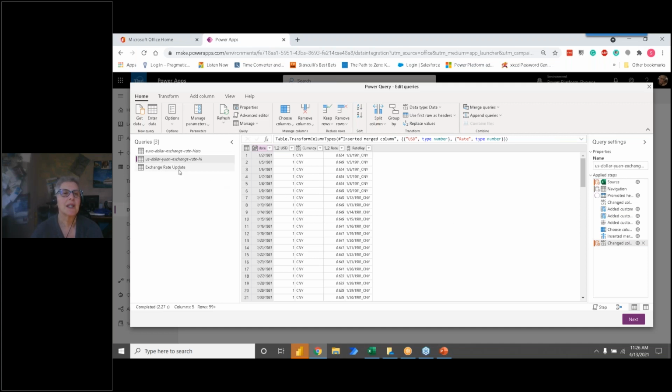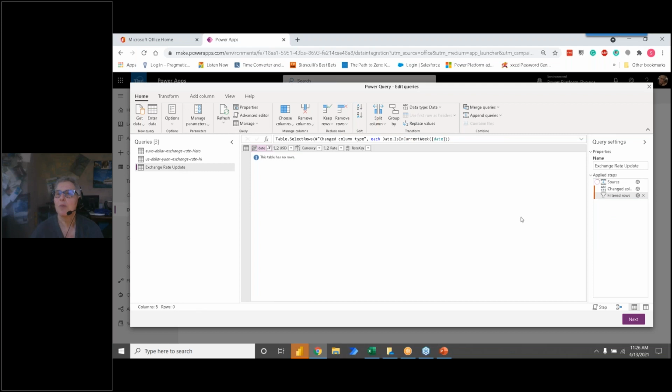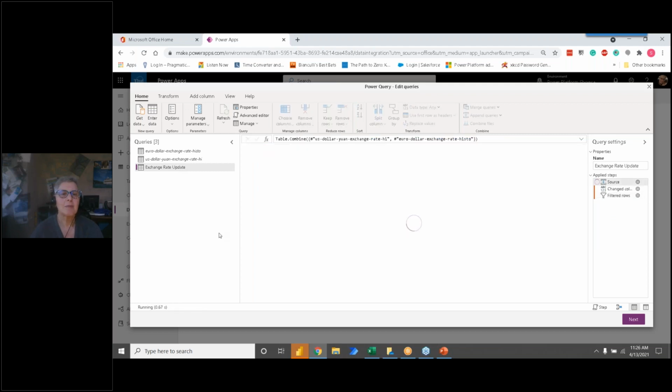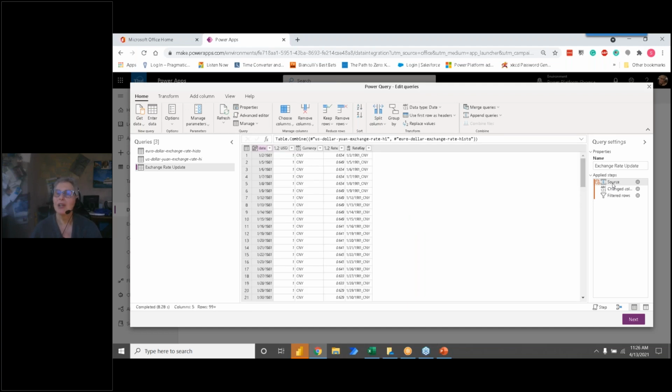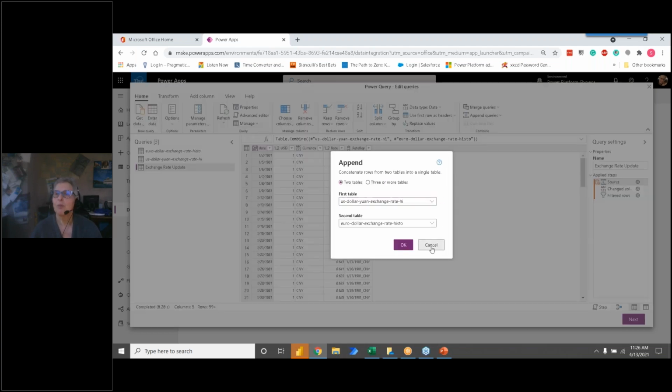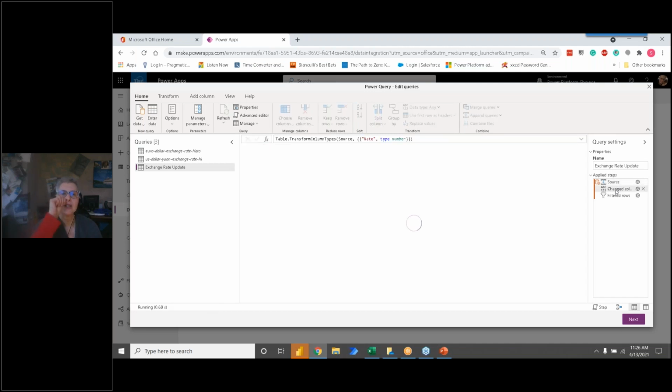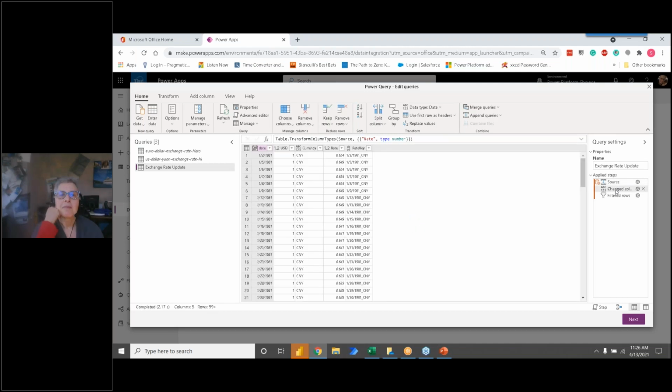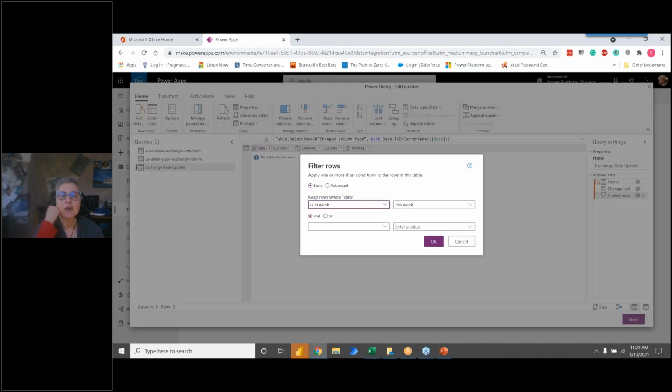So when you get something like I just saw, this is a really good learning moment, right? There's some kind of error here because it's saying I don't have any records. What I do when that happens is I go through step by step and see where the error is. So it clearly did the append, no problem. And it changed the column type. So my error has to be in this step. So what we could do is take a look at it and troubleshoot it.